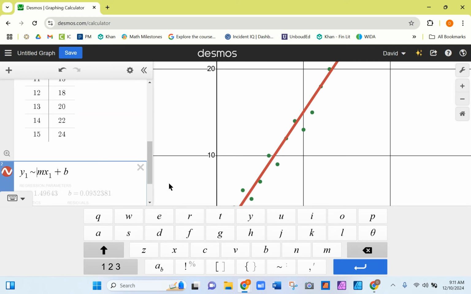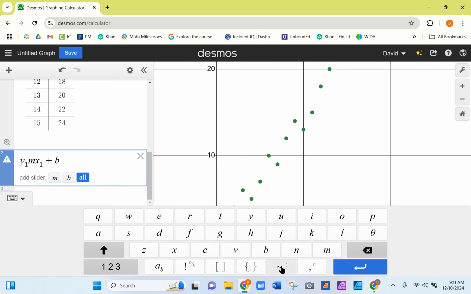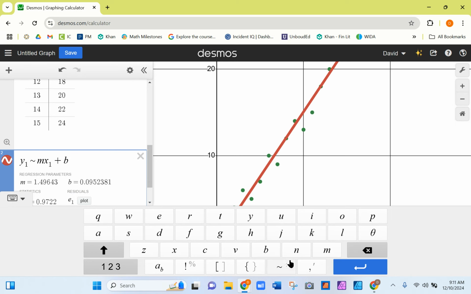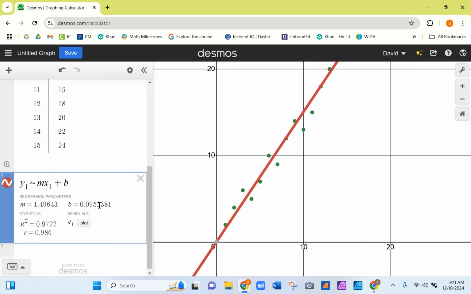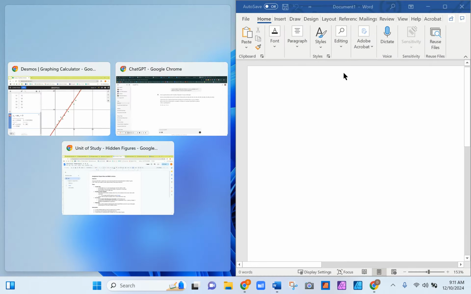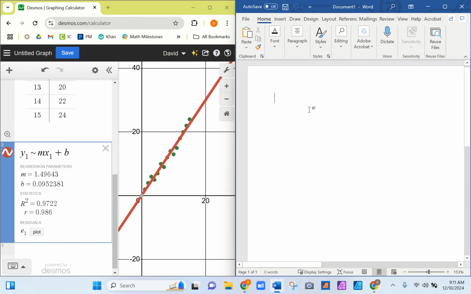So we'll do 1 to make sure that we can get it on here, right? So boom, right there. So collapse that. And what this gives you is your slope here, and then your equation right here. So what you would do when you write this, let's just go to Word real quick. So when you're writing your equation, it's going to be,